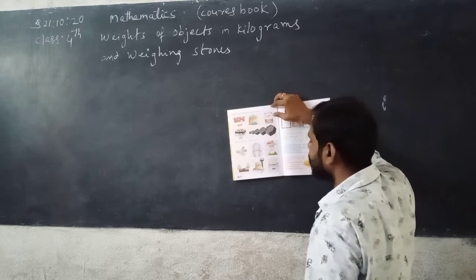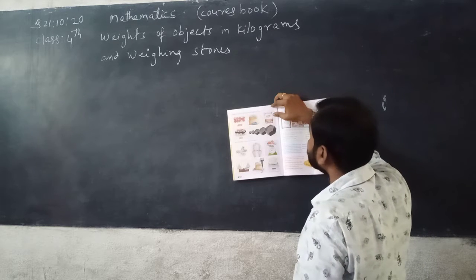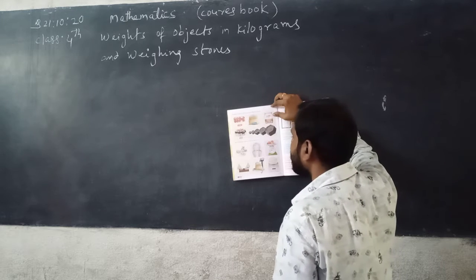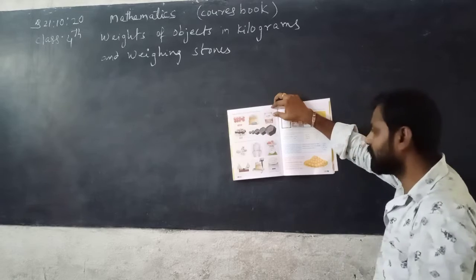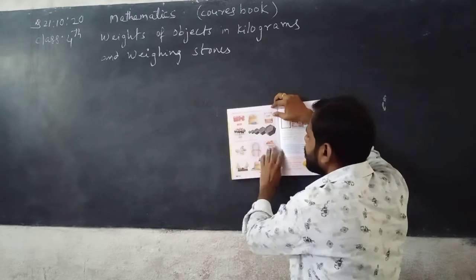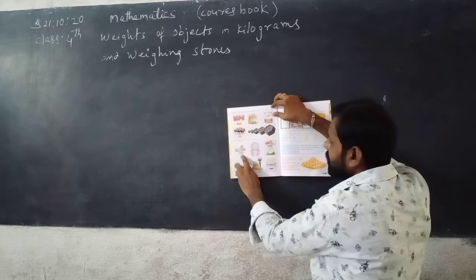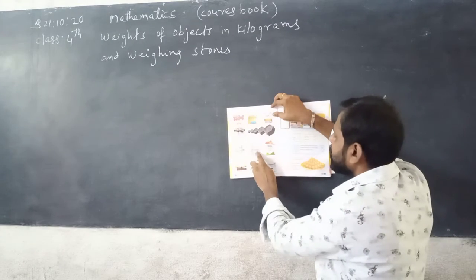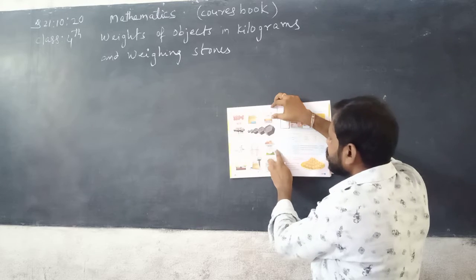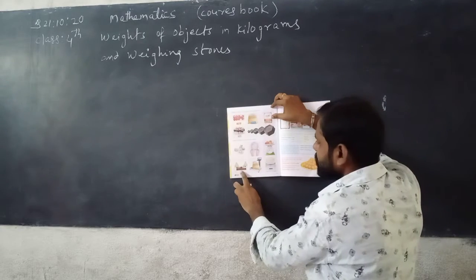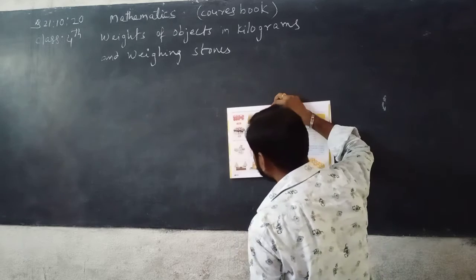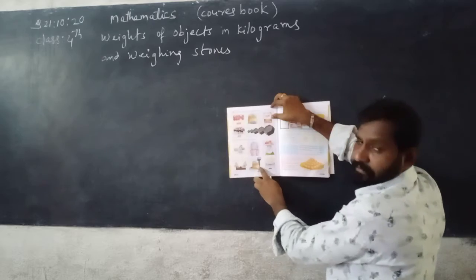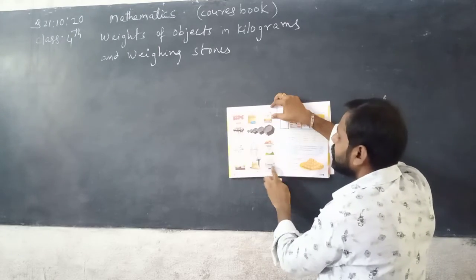See here, page number 15 from your course book. Look at the different ways of weighing objects. So here are given different weighing objects. This is a kids weighing object. Object means thing. Now this is an adults weighing object. This is a fruits weighing object, and also a weighing object for rice. Okay. So this is the digital meter. This is also a digital meter.